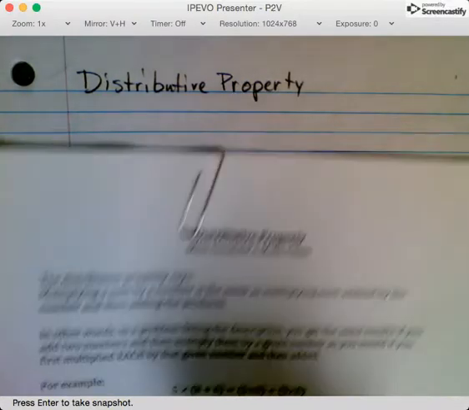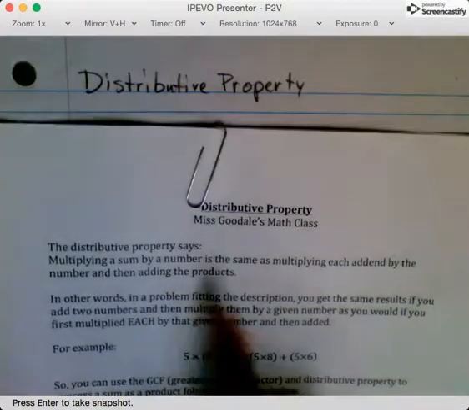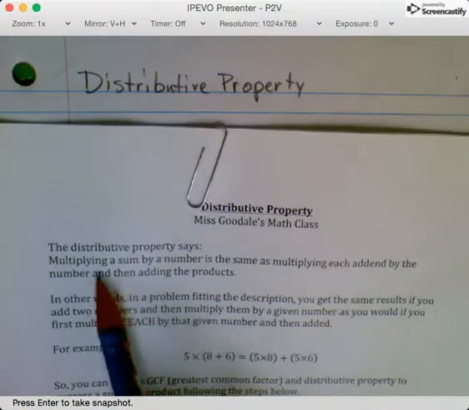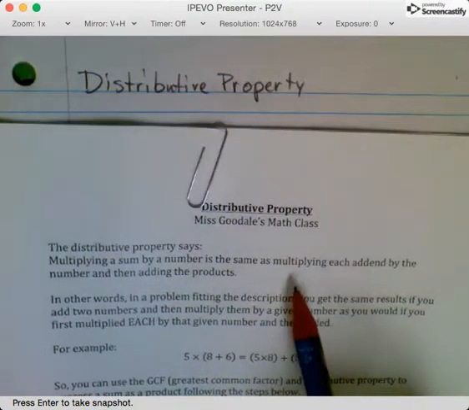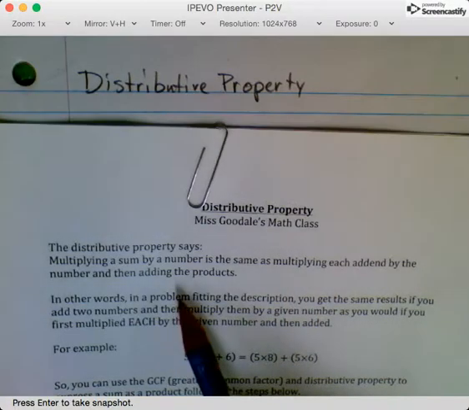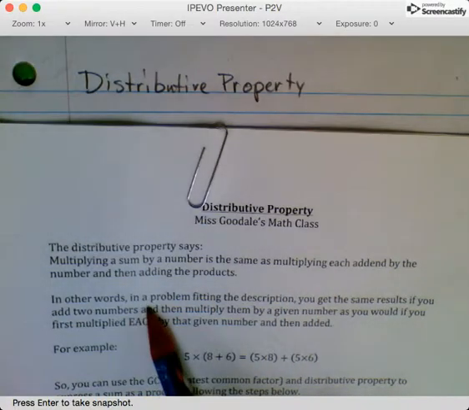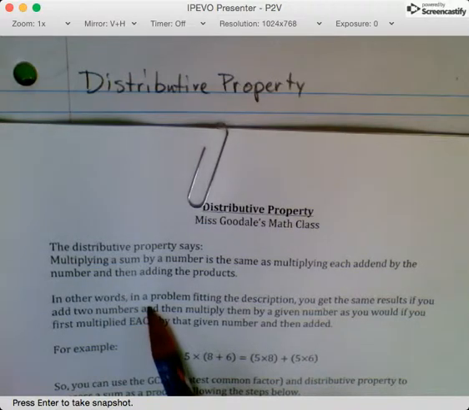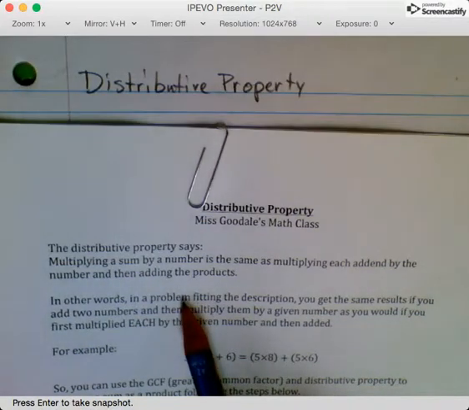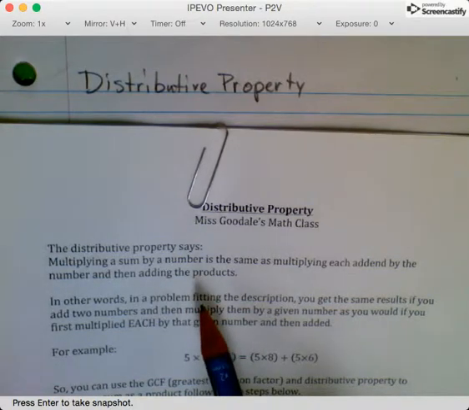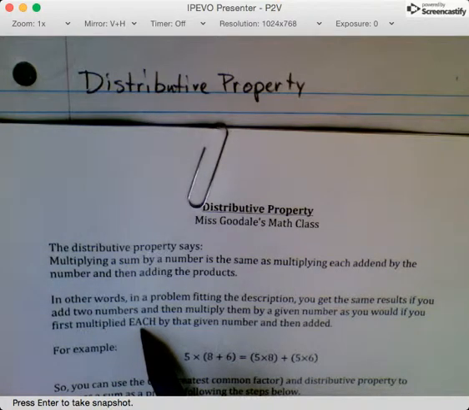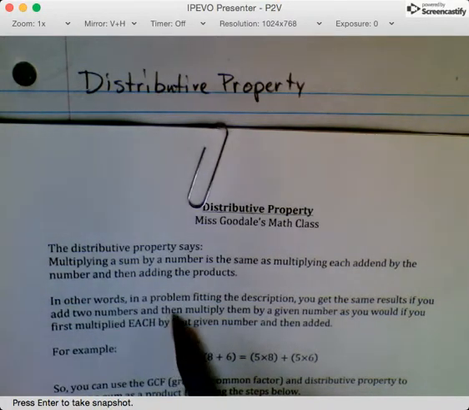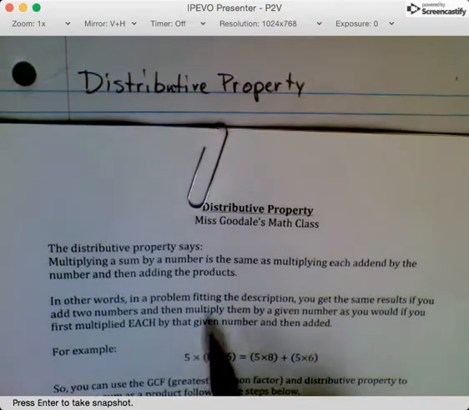In your notes, I've quoted what the distributive property says. It says that multiplying a sum by a number is the same as multiplying each addend and then adding the products, which also means you get the same results if you add the two numbers together and then multiply, or if you multiply each of those by that number